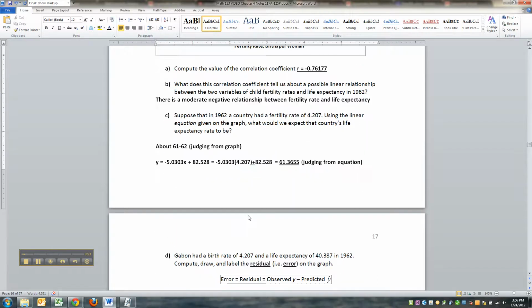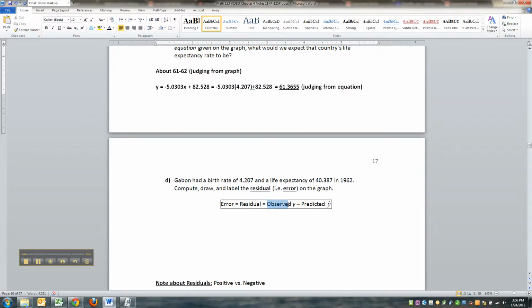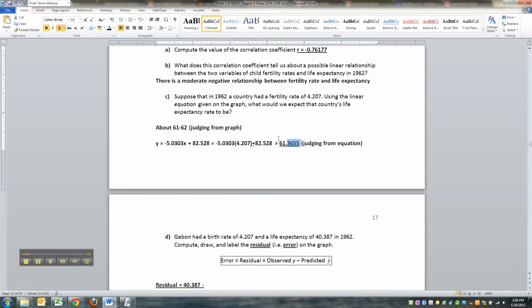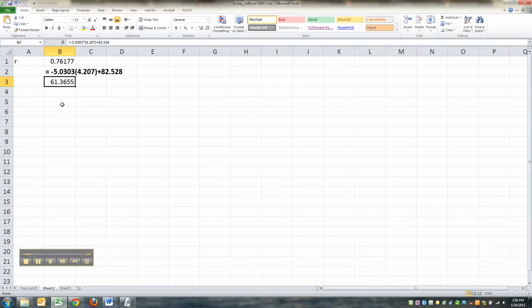Now the residual has a formula. It's your observed y minus your predicted y. Now what would that be in this case? The residual would be equal to what we observed in real life, which was 40.387, minus what we predicted, and what we predicted was right up here, 61.3655. Or let's just round 61.366, which means our residual would be,